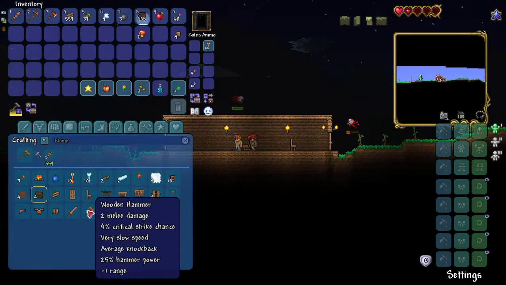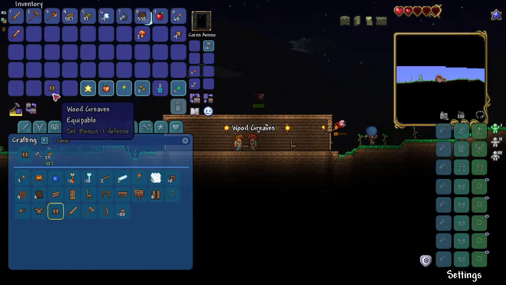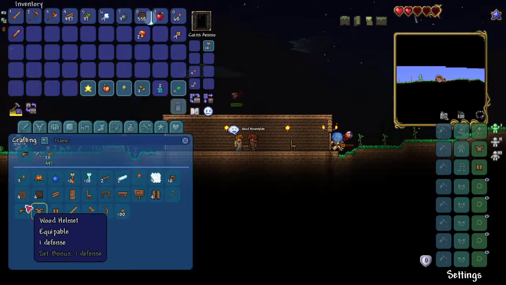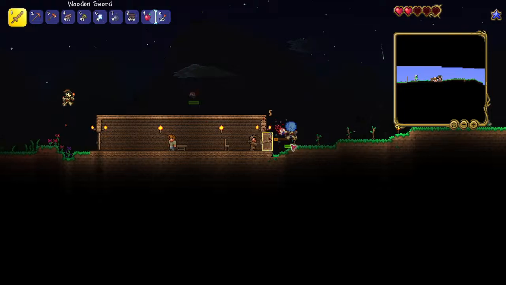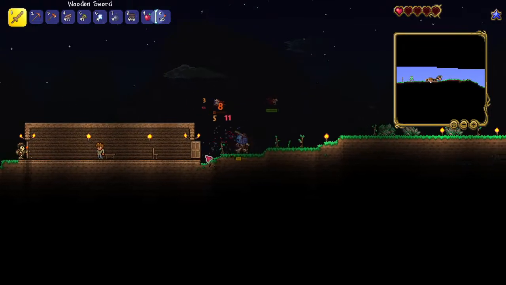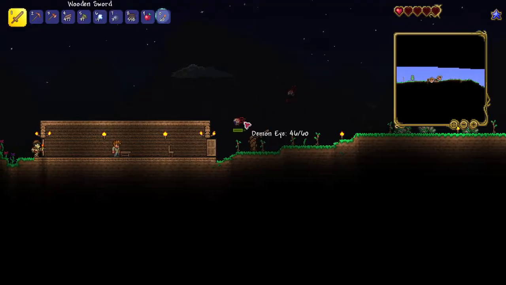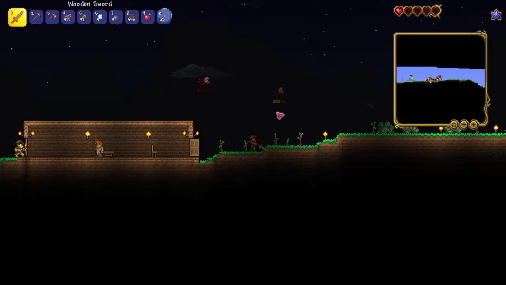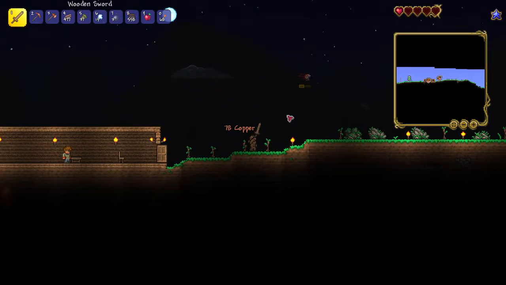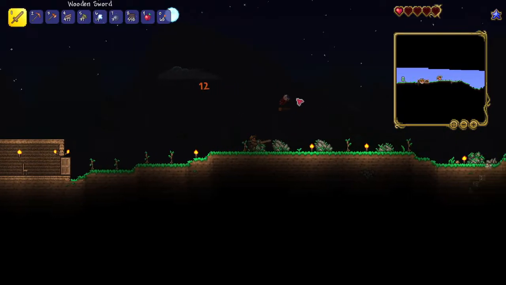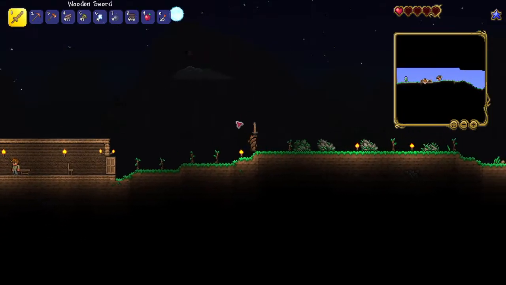Getting a bit worried here, so I figure I should move on to some slightly better gear. I kind of wonder how many people actually make wood armor. It's just kind of become a habit of mine. I usually make some kind of armor at the start of the game. I was playing recently, I don't know if it was on stream, and I was in the ice biome